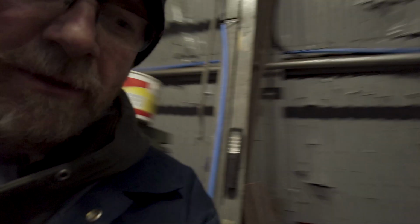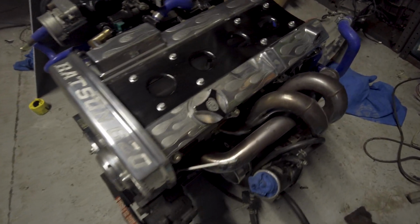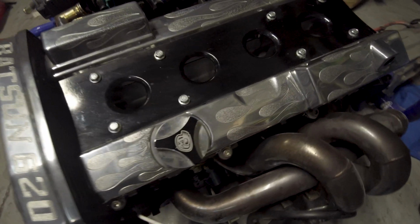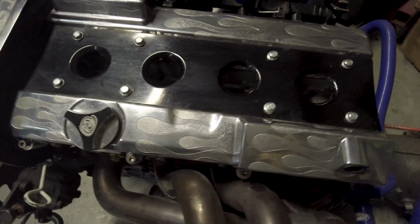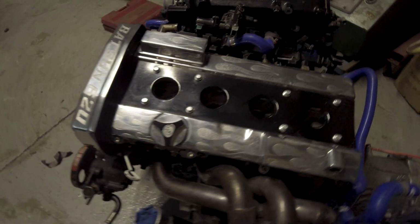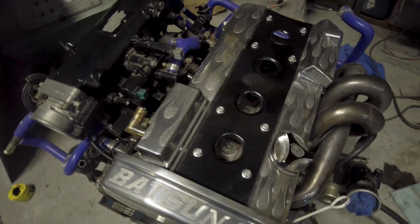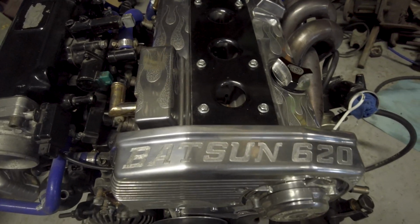In the meantime, I've been doing some engraving, which I haven't really videoed at all, and I probably should have done, because it was for the Datsun. So I put flames on the cam covers,